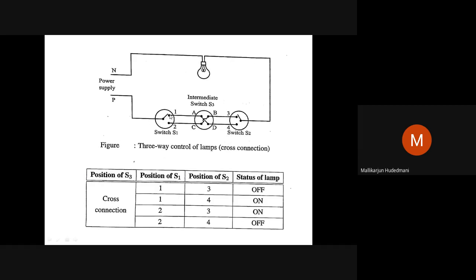You can see, supply goes here, 1 comes to A to D and goes and stops at 4. It is up. Up was on. Now this time up will not be on. Suppose it was down by chance. You can see up, A to D, down contact. It would have been successful. You can see here, 1, 4 is on. 1, 4 is on because wiring is crisscrossed here by the switch 3.